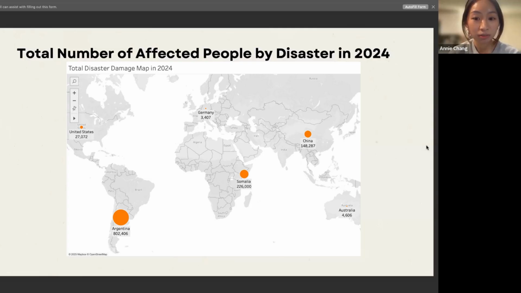from year to year. The 2024 map overall looks more evenly distributed than the 2000 map, but certain countries still carry a much heavier burden. The biggest takeaway is that disaster impact levels do not stay stable over time. Countries can experience dramatic increases or decreases depending on the type of event in a given year.